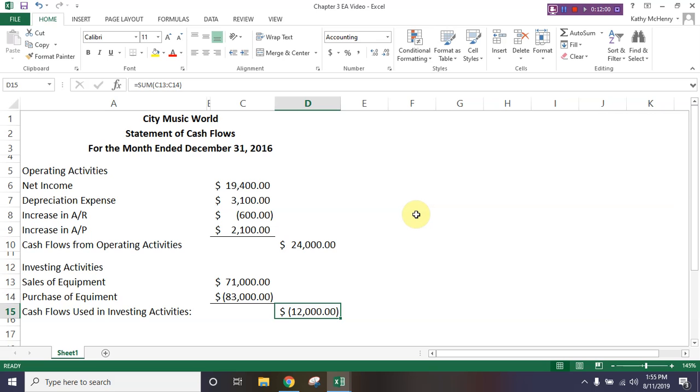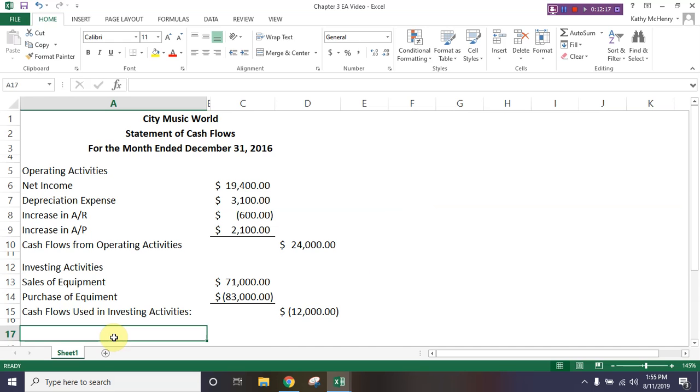The next section we're going to look at is using find and replace. Okay, so on page 77, Develop Your Skills EA 3-4. We're going to continue on with the same thing we've been working with. Okay, we're going to enter some more data here. So we're going to A17,